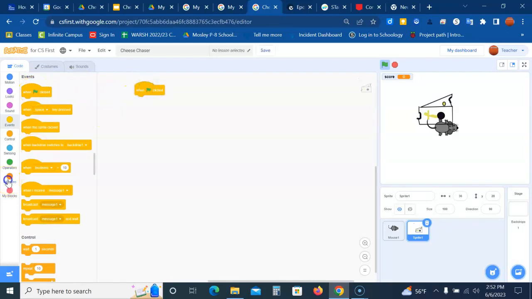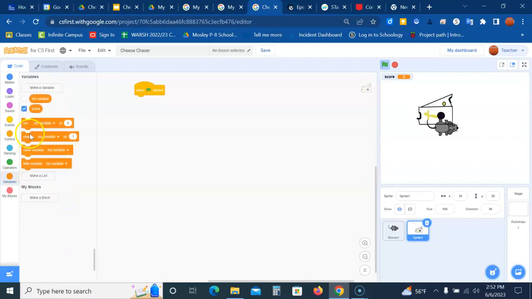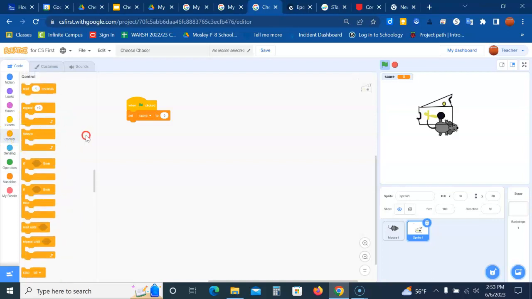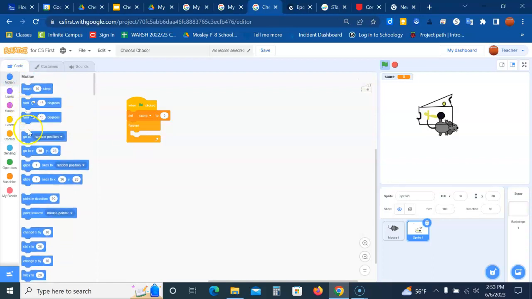And we need to set the score to 0 because that's where it's going to start. So as we do with all starts of games, we're going to set, and we change the variable to score to 0. Since this is a game and we want this to go on and on forever, having the cheese move to different spots, we are going to say forever, and then we are going to go to a certain set of coordinates on the XY. So we're going to go to,